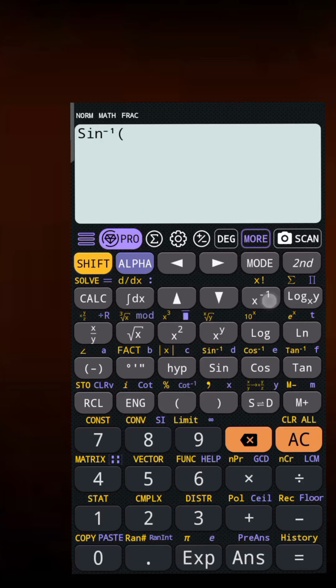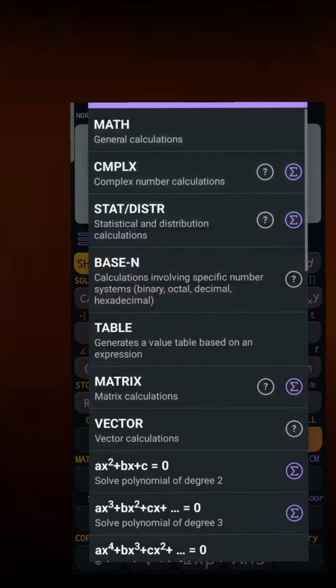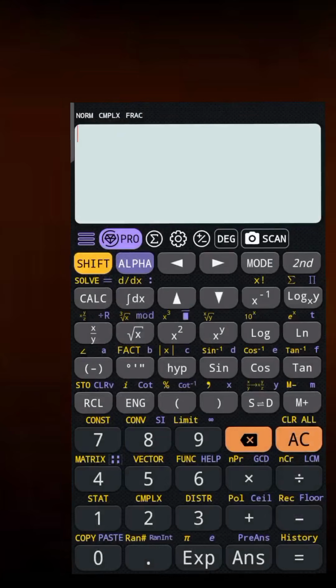So, you come here to where you have your mode, click on it. Then you're going to see complex, tap it. So you can check now, it's now under what? Complex. So it means that it's now in complex mode. Let's say I want to write,